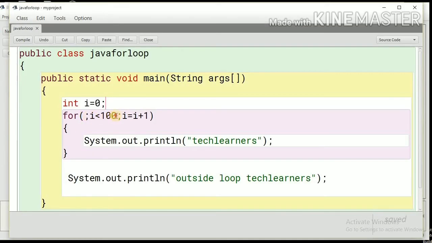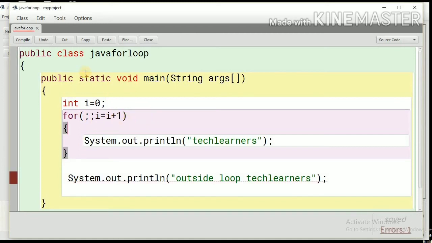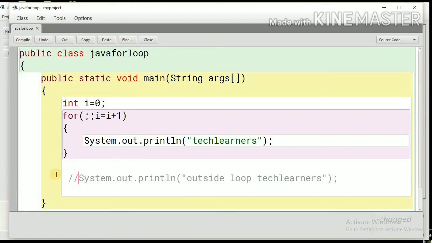Can we eliminate this condition also? Right. So will there be any error? Let me see. Unreachable. Right. So let me comment this first. Okay. So if I am not using any condition here, that means I am not using any termination condition.